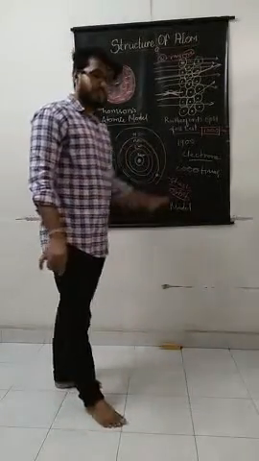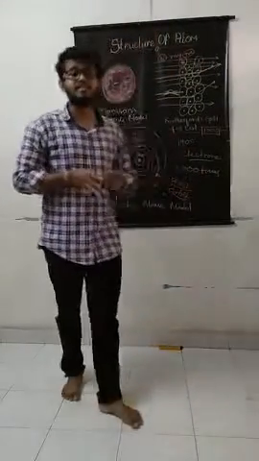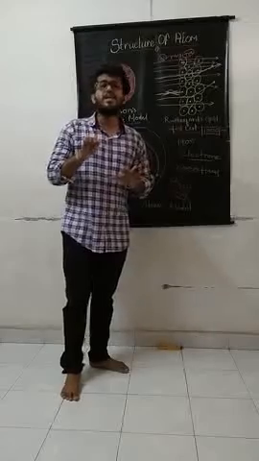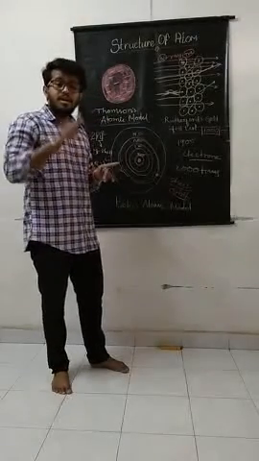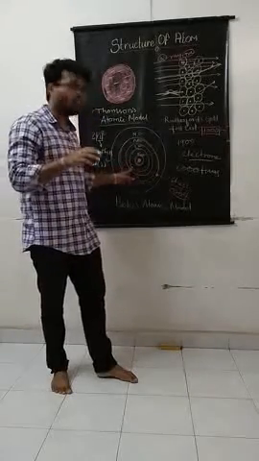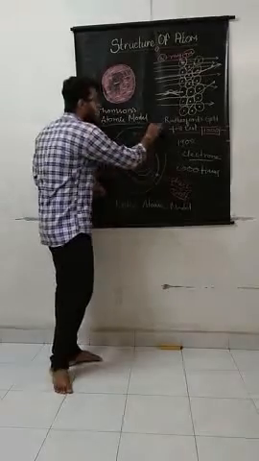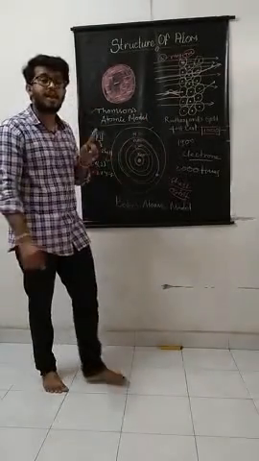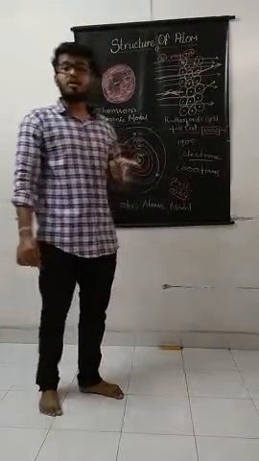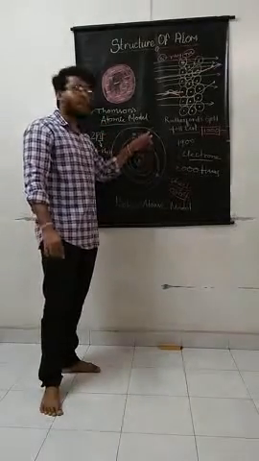After that we can study valency, and what the valence shell electron is. The valence shell electrons are the electrons present inside the outermost shell of the atom. The electrons present in the outermost shell of the atom are known as valence shell electrons. And the valency means the total number of electrons present in the outermost shell.